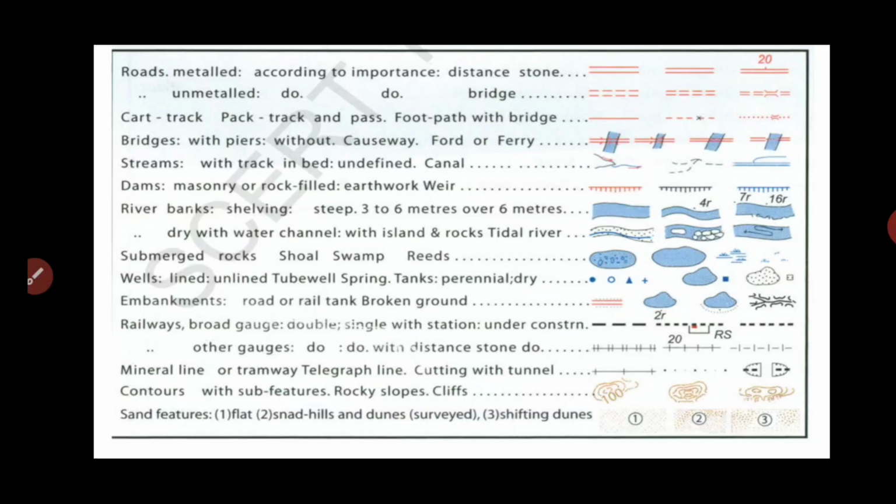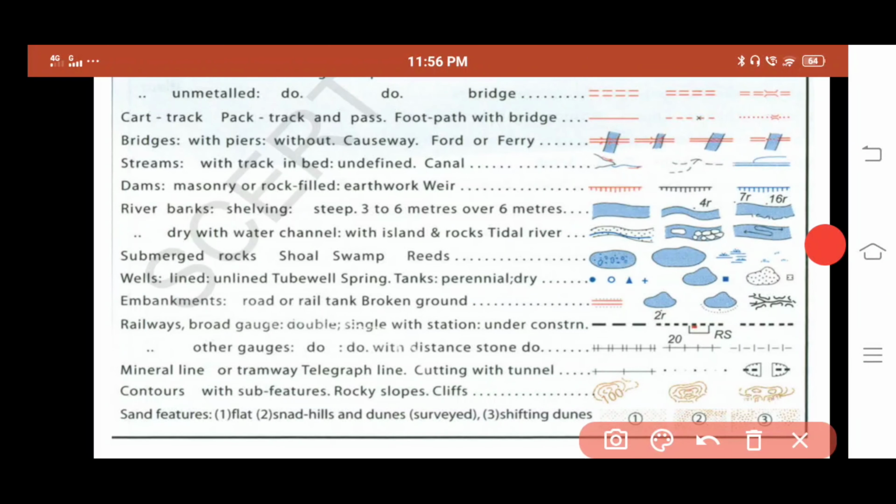Understood, my dear? So here roads also they mentioned. So different metal roads, kacha roads, right? And also here railway tracks. Okay, and rivers, banks, lakes, okay, rocks, all these you can also go through once in your textbook. It is very easy to follow, very easy to understand. These symbols are very useful for us to show the locations. For example, here by using this map, one example I will share with you. So here Charminar is there.